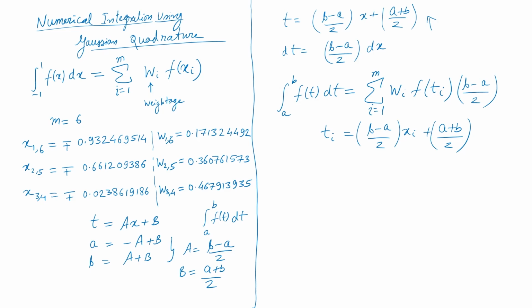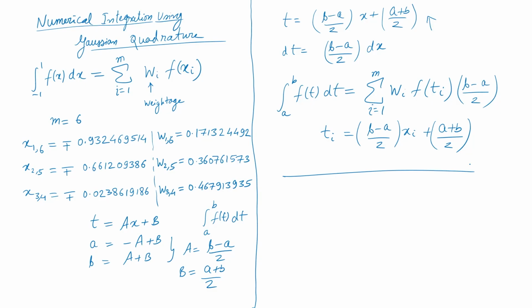This is the process which will allow me to do it, but the catch is that I will not do this integral for the entire blade in one shot, which means I am not going to use 6 points, because I need to plot distributions also. So, I will break the entire blade into, say, 20 equal-spaced segments. So, 0 to 0.05, 0.05 to 0.1, 0.1 to 0.15, like that. So, 20 intervals. Within each interval I will apply the 6 point Gaussian quadrature, because it is general, I can do it from any a to any b now, not a problem for me.